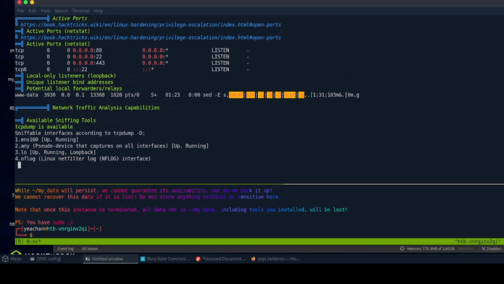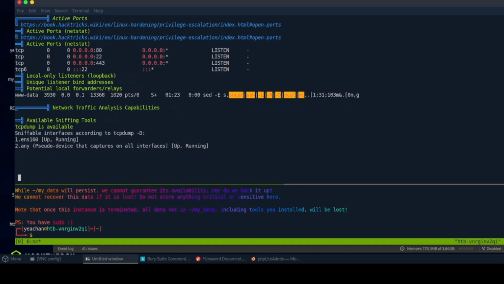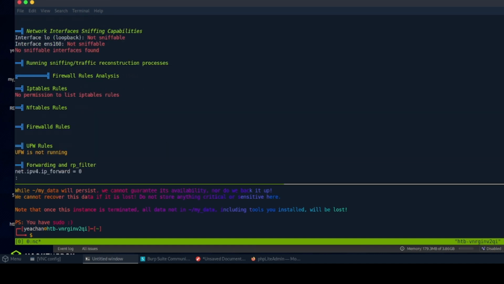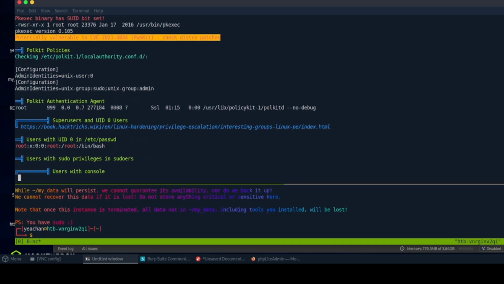The interesting thing is the port 22 is listening, but it is not showing when we check this on Nmap somehow. So I'd like to check why, and one of the things could be